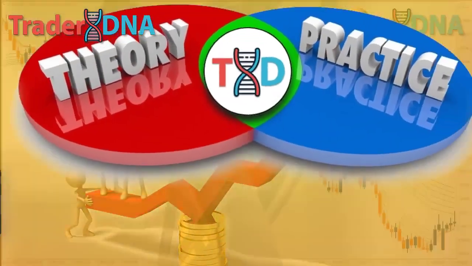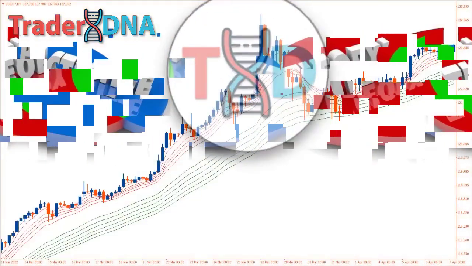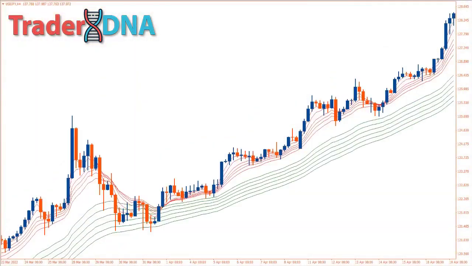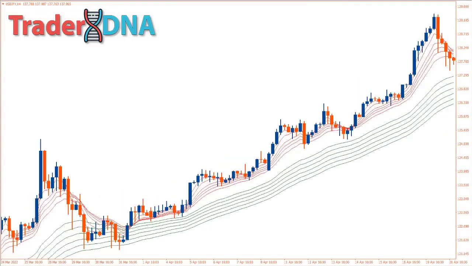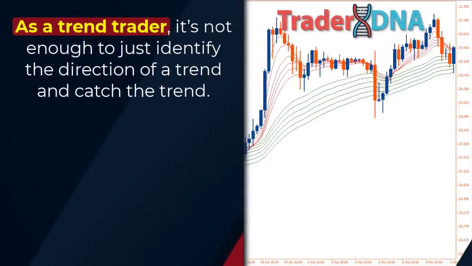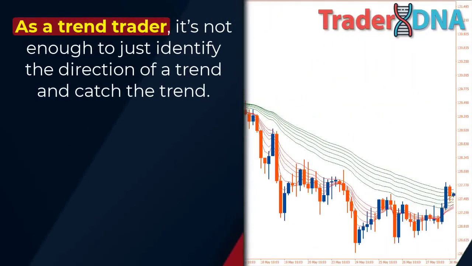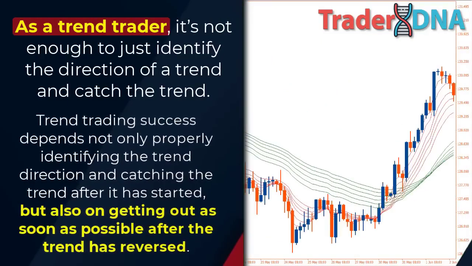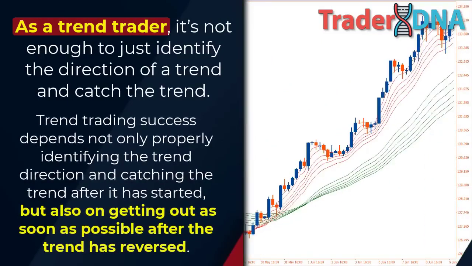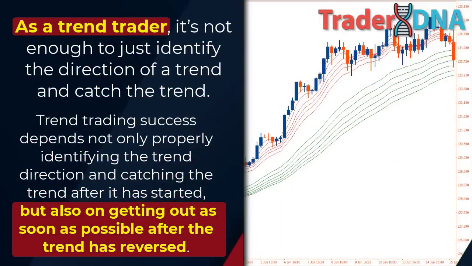The Guppy Multiple Moving Average Trading Strategy. The Guppy Multiple Moving Average, or GMMA indicator, provides an interesting approach using moving average ribbons. As a trend trader, it's not enough to just identify the direction of a trend and catch the trend. Trend trading success depends not only on properly identifying the trend direction and catching the trend after it has started, but also on getting out as soon as possible after the trend has reversed. If you find yourself struggling with any of the above, you might want to take a look at the Guppy